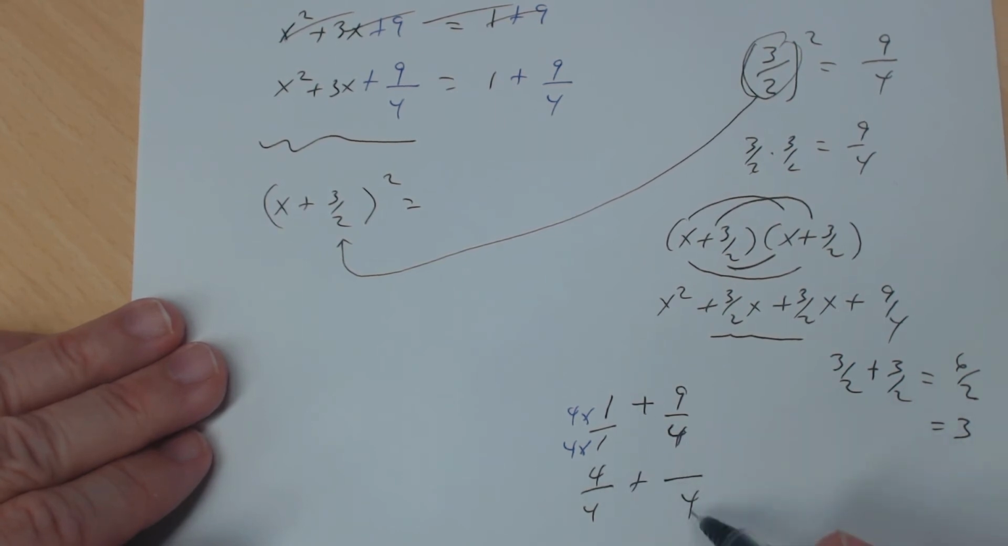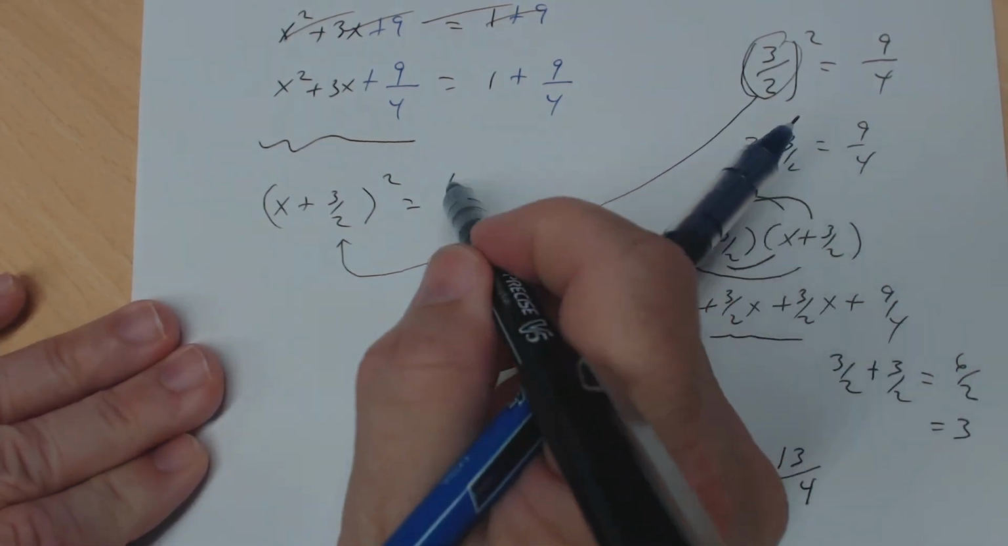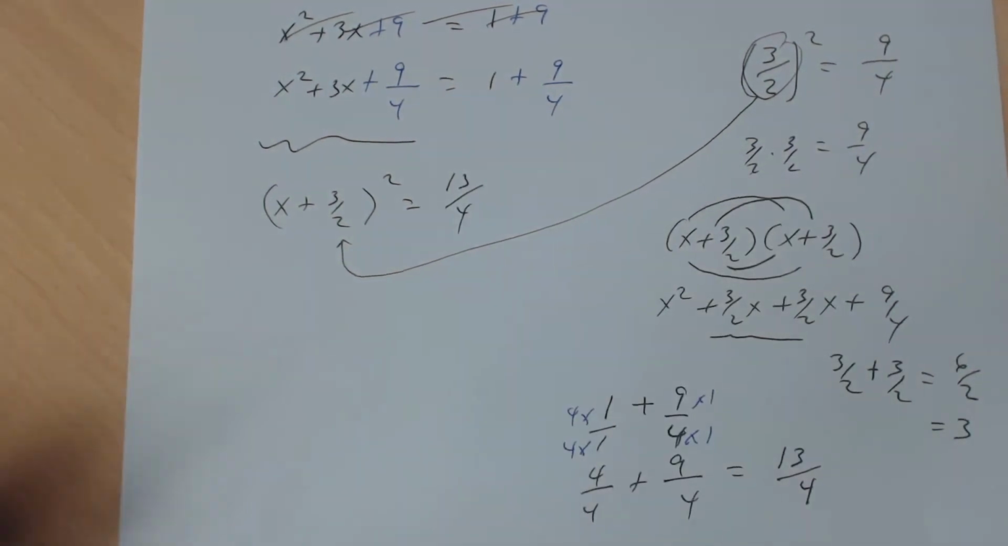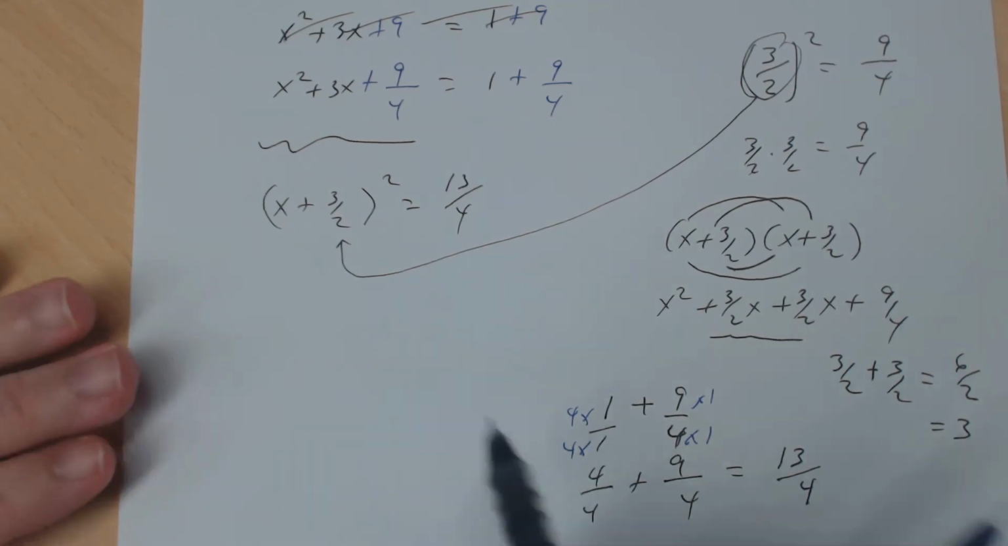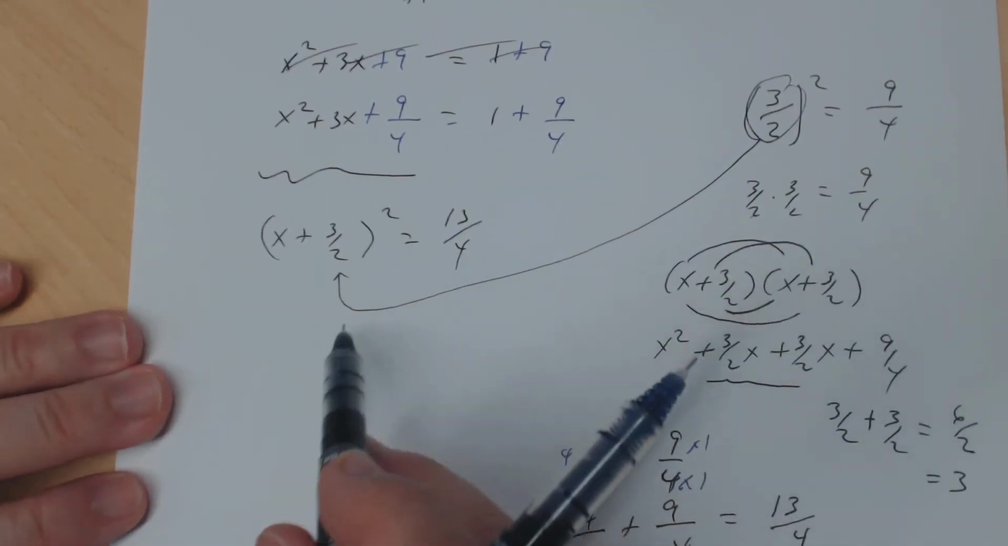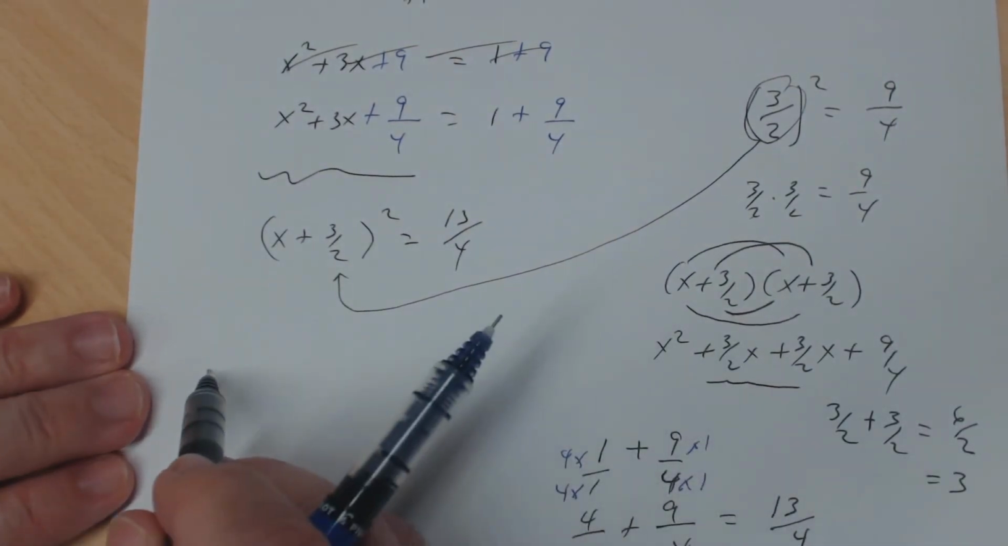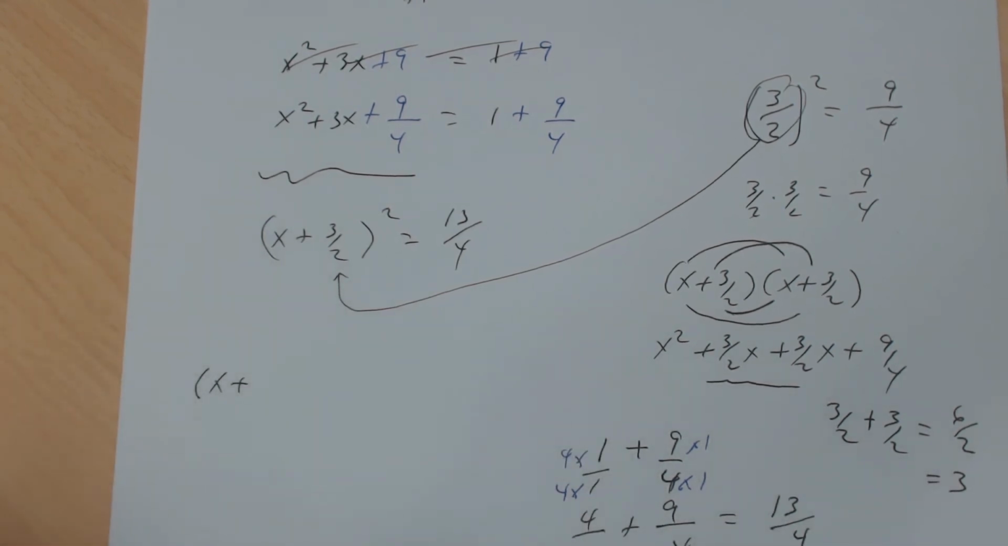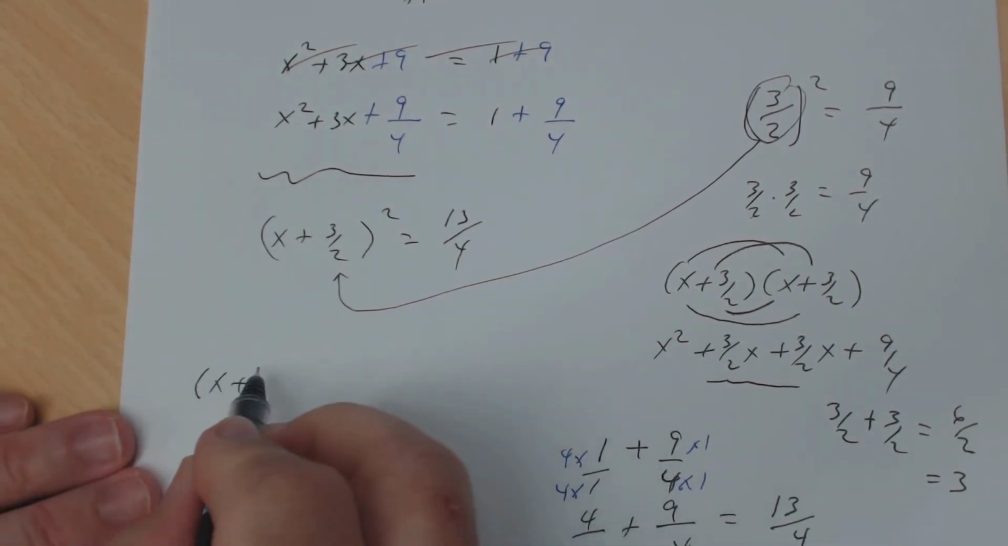Over here, since the denominators are already the same, the numerators have to be the same. And remember, if you need to do it just like we did this, you would say 4 times 1 is 4, 9 times 1 is 9. And so I get 13 over 4. So that goes here, 13 over 4. All right, now let's see what we get in this case. I'm going to go ahead and rewrite this part here. So x plus 3 halves squared